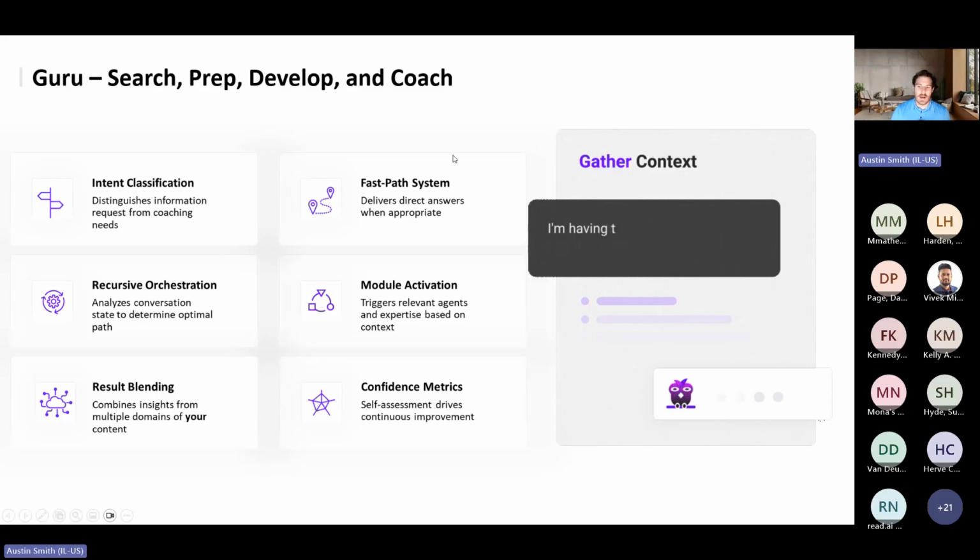And really, it's broken down into these six main categories of what sets it apart from a ChatGPT or a copilot platform that you might already be using. First and foremost is the fact that it lives with all of your content in it, and that's where its main source of information comes from. We have the ability to separate Guru out into multiple domains, and I'll show you what that looks like here,